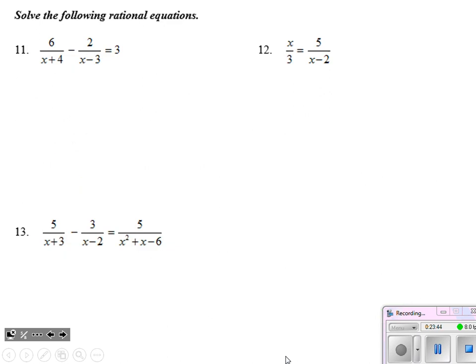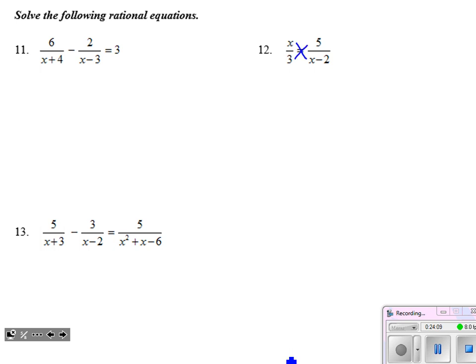All right, 11, 12, and 13, the section where we have to, now we're going back a little bit, so I apologize if you have to flip pages here. Now we're going to go back and actually solve these equations. And number 12 is one that's jumping off the page at me just because it's so simple. It's one fraction equal to another fraction. I apologize for going out of order, but I just want to get this one done because it's so fast.